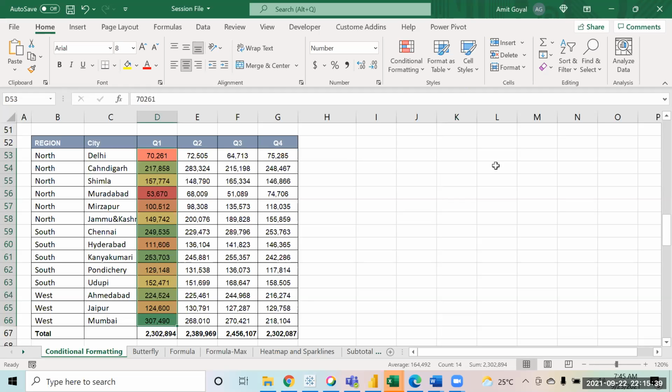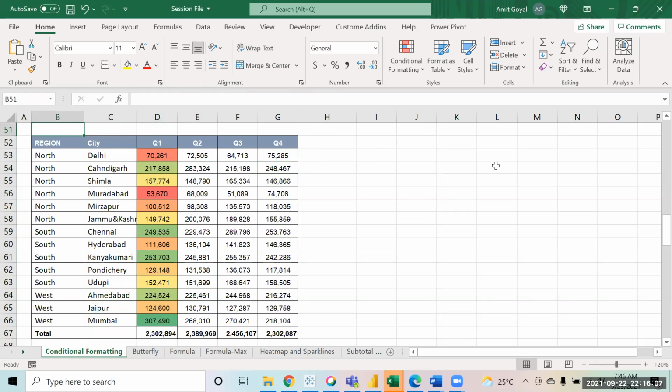Does it give just random colors, or is there any formula for that? So there is a pattern. Basically, the biggest number is coming in the darkest green. As the number is decreasing, it's getting a lighter shade of green. The numbers in the middle are in a yellowish color, and the smallest numbers are red. It will make more sense if I show you.